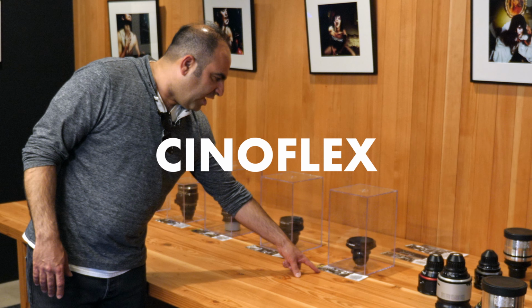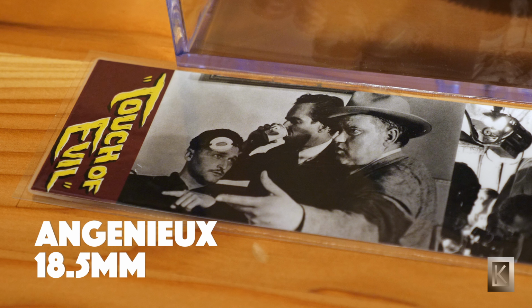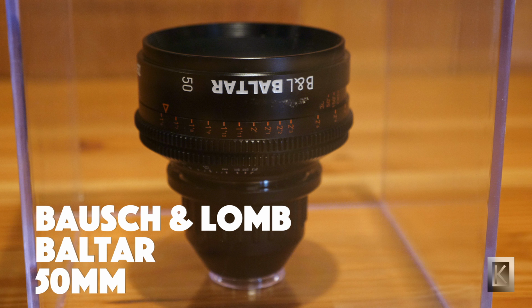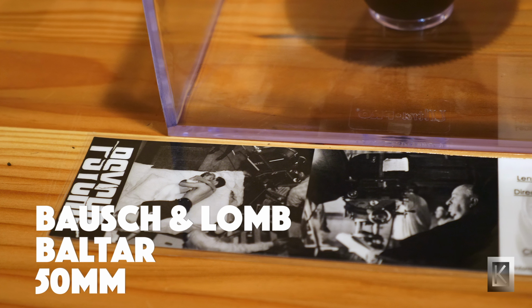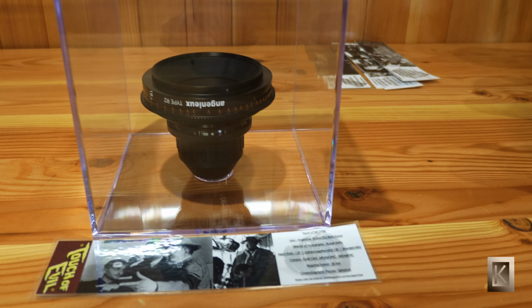Here's an 18.5 ingenue, basically from the early 50s, used on Touch of Evil. Here's a Baltar lens from Bausch & Lomb, introduced in the 30s. These were used on many American films of the studio age. A lot of probably films from the 30s, 40s, 50s, Paramount, Warner Brothers, things like that would be shot with